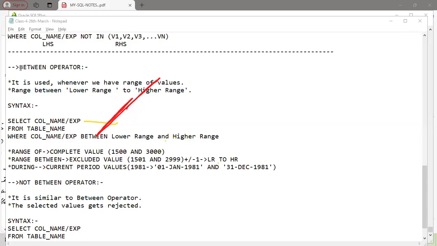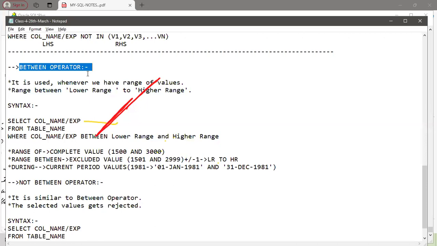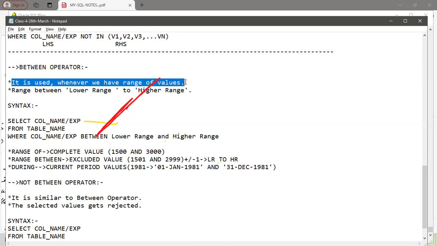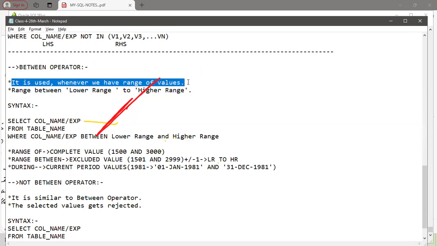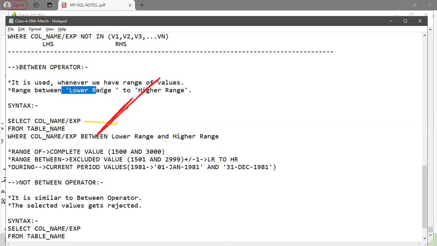Fine. So we have a between operator. It is quite interesting. The between operator is used whenever we have a range of values, from a lower range to a higher range. I'll repeat again, the between operator is used whenever we have a range of values, and the range is between the lower range and